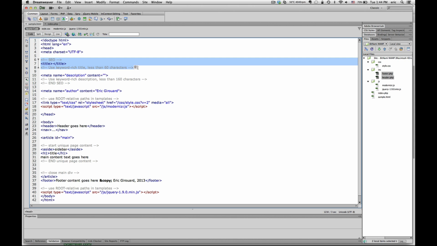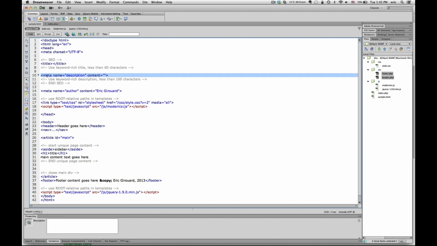one tag, the title tag, which is important for search engine optimization, which we refer to as SEO for short. So the title itself is a very important tag. It's in Dreamweaver by default, but a lot of people do not know how to use it well, at least not when they start. The meta description, which is not included in Dreamweaver's default HTML, is another very important tag